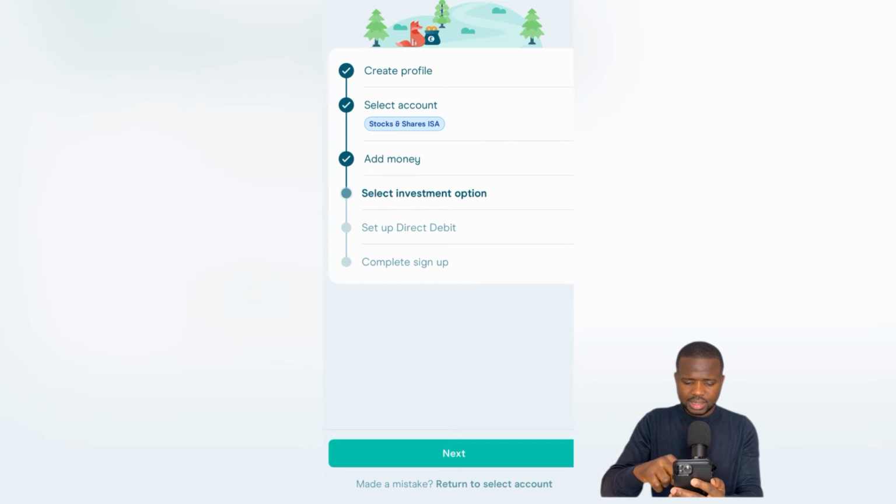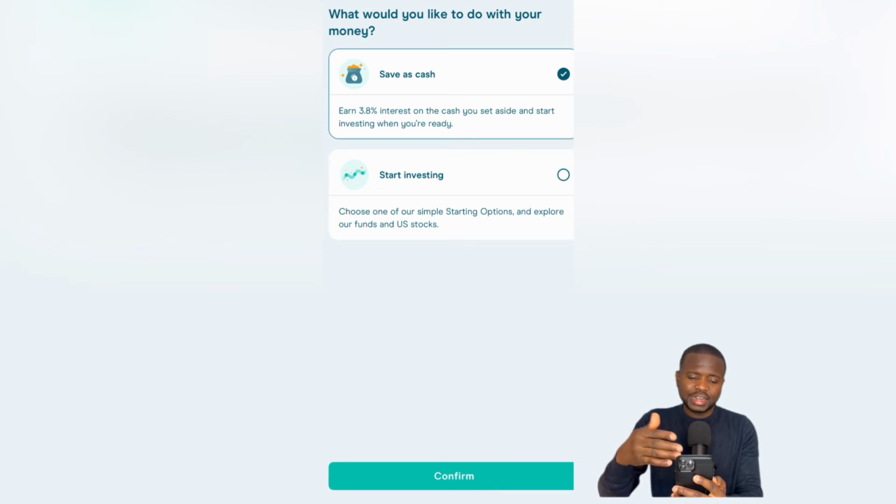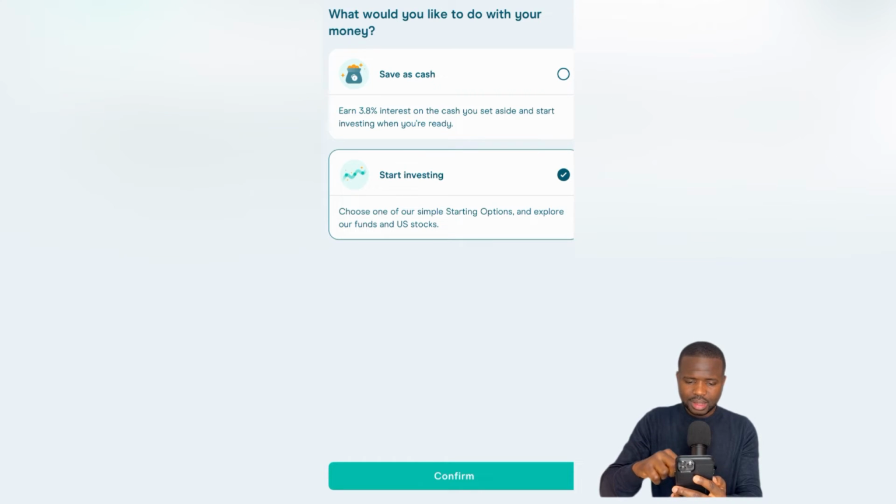All right. So this is what I really want to focus on. So the investment option. Like I said, if you save the money in the stocks and shares as cash, you only earn 3.8%, which I would not really recommend, because if you want to save your money as cash, then use a savings account or even their cash ISA, which pays 5.09%, which is a lot better than 3.8. So, I'm here because I really want to invest. So you go to start investing, you confirm